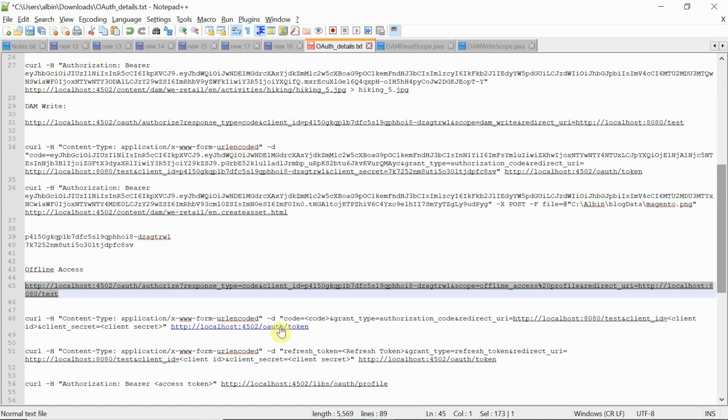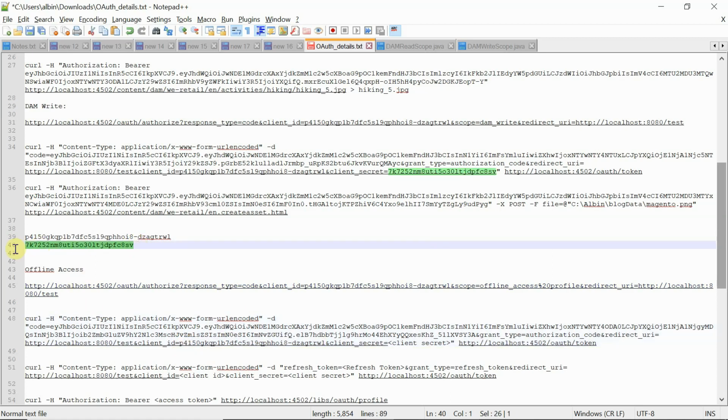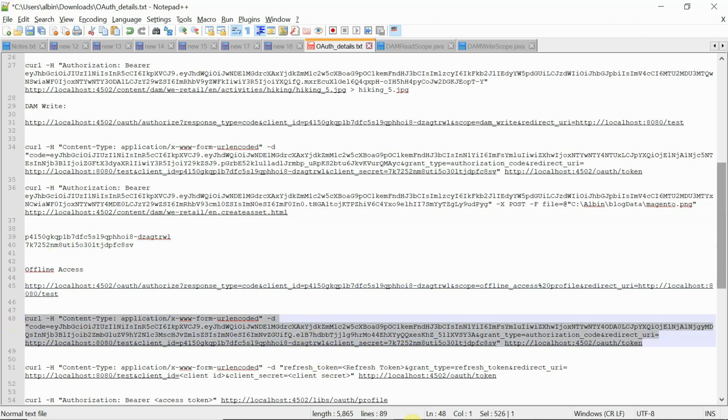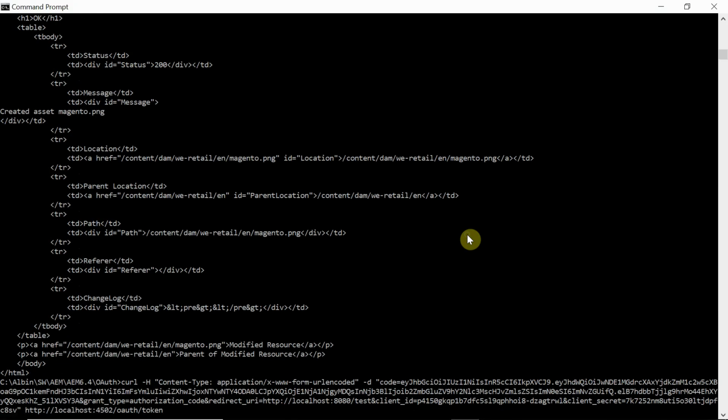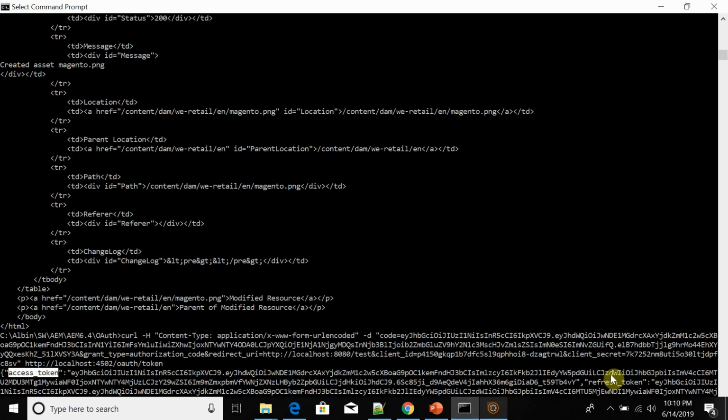Now again, this is the URL. In this, you need to put the code here. The grant type, authorization code, all fine. Redirect URI, all are going to be the same. There is no difference. Only the client ID and client secret I need to replace. Okay, it's fine. Now I will go and get the offline access token. So go and execute this. Yeah, if you see here, now you have one access token, and another one is a refresh token.